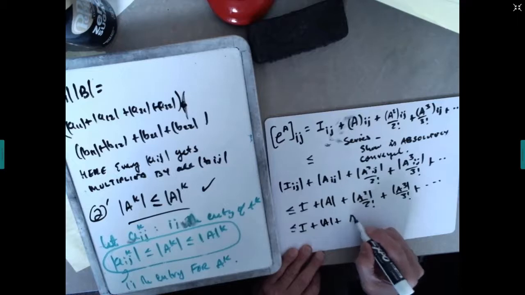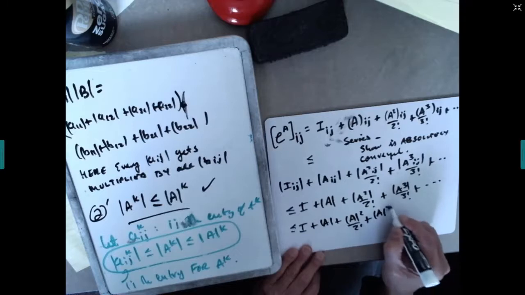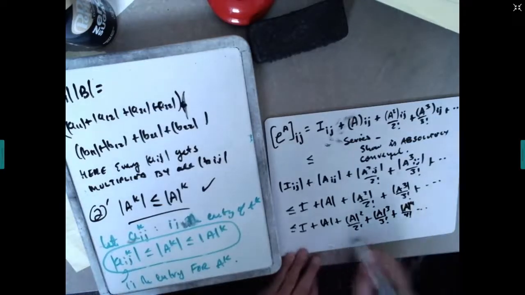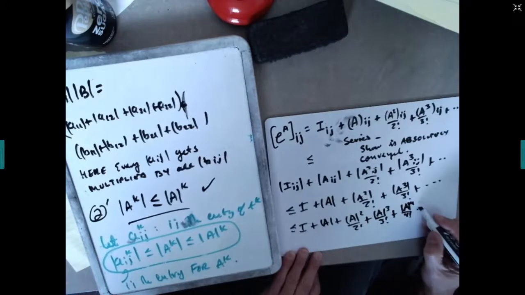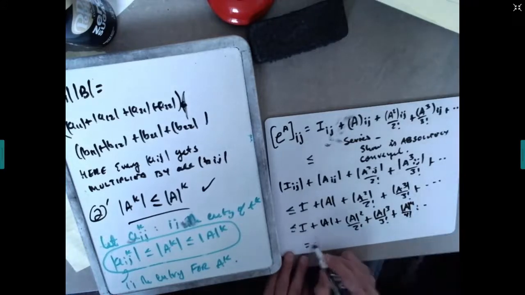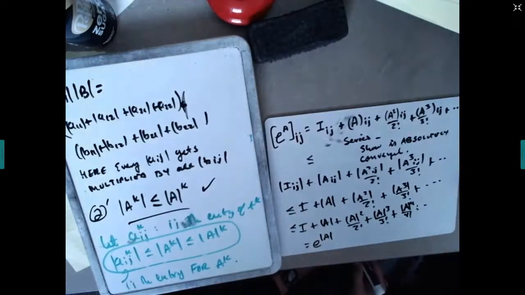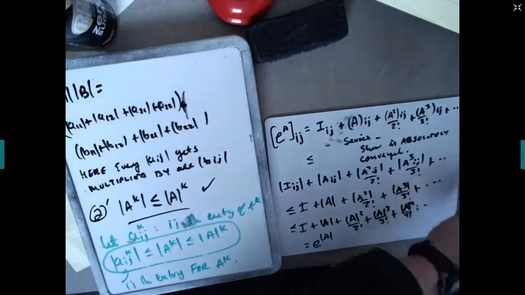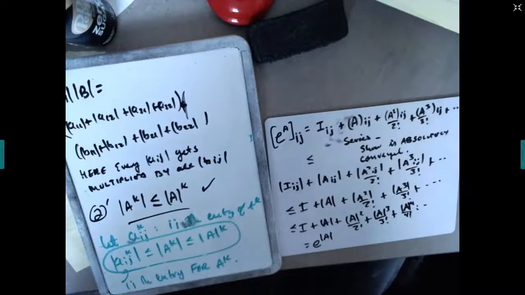And here's a key step. That's absolute A squared plus absolute A cubed, and this series here, by the series for e, is just e to the absolute A as a real number. So this series of positive terms is bounded by an absolutely convergent series. So what that basically says, by series comparison,